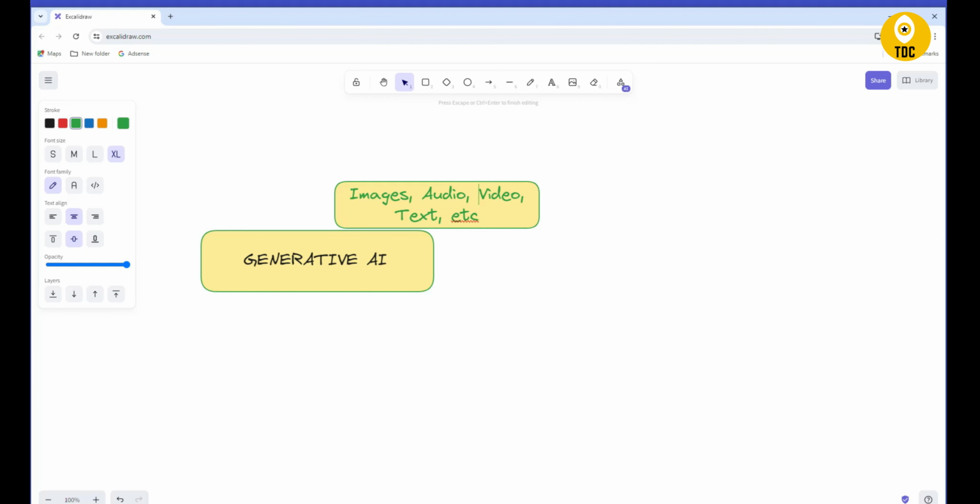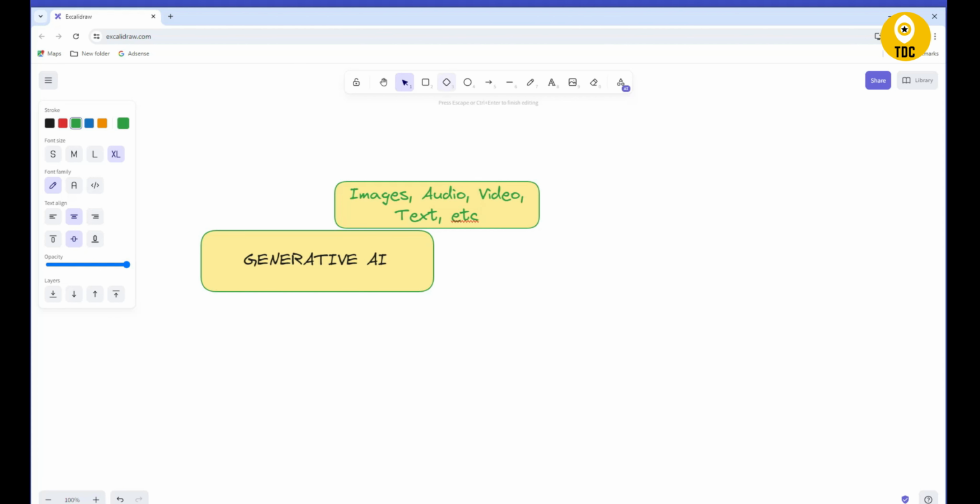But in the generative AI case, it is generating the data, like images, audio, video, text, etc. These models are learned over time based on patterns and structures from large data sets.